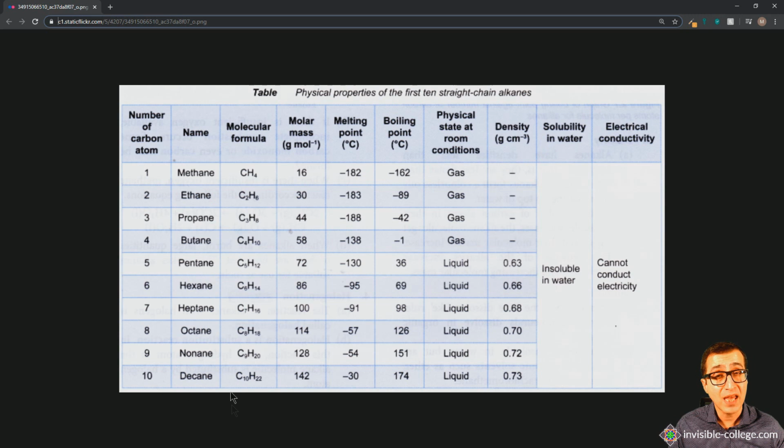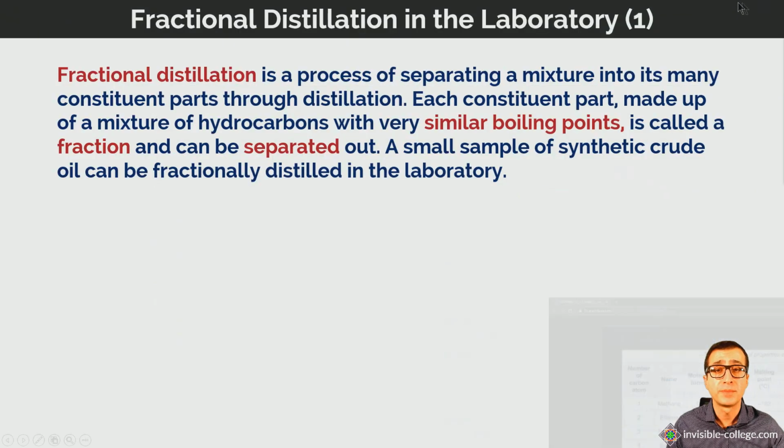But when we mix these together into a liquid mixture, what we have is molecules of various hydrocarbons all physically combined into one mixture. So each constituent part of crude oil can be separated by what we call fractional distillation,